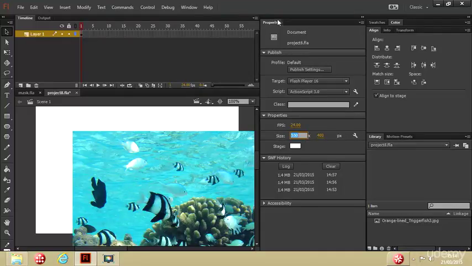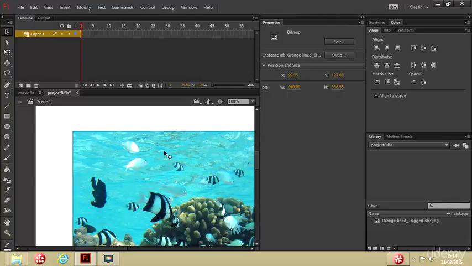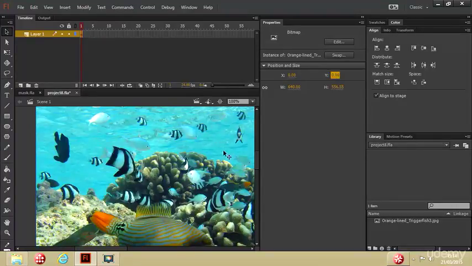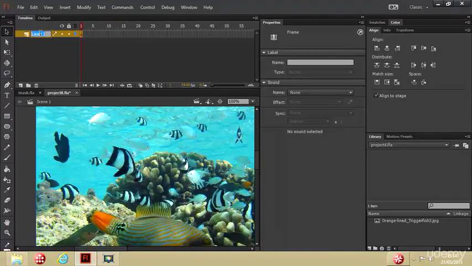So I'm going to change the stage size. The way I just revealed these properties was just by clicking on the stage area. So I'm just going to change the size of the stage to match the size of the image. And then I'm going to position the image at the 0, 0 point of the stage. So I've now got the stage and the image aligned and the same size. I'm just going to call my layer background,